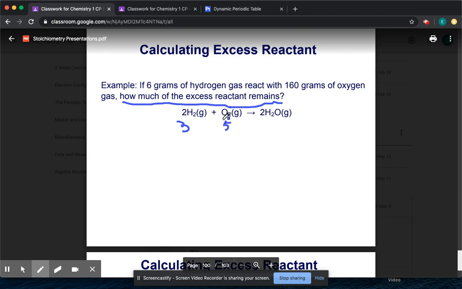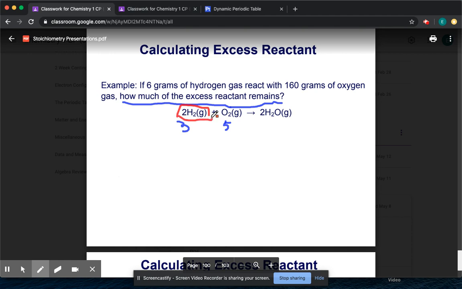So we have 5 moles of oxygen gas, and we have 3 moles of hydrogen. Now we need to figure out which one is limiting. Right away, I can see it's going to be hydrogen because you have 3 divided by 2, and then you have 5 divided by 1. This is going to be 1.5 and this is going to be 5. So this is limiting. I'm going to highlight it in red. The red thing is limiting. This is our limiting reactant.